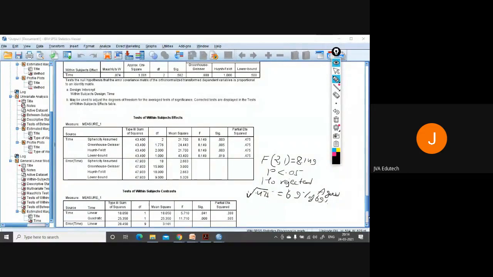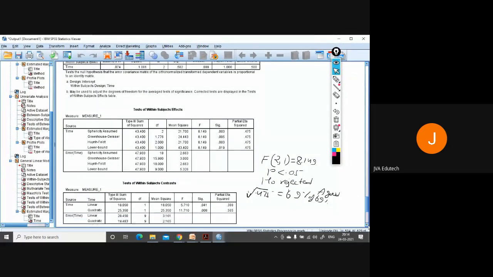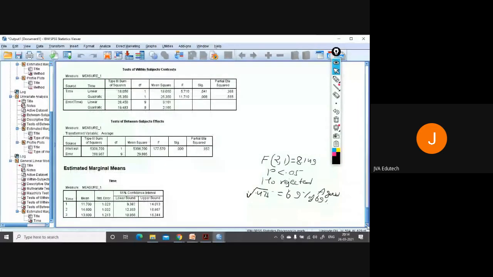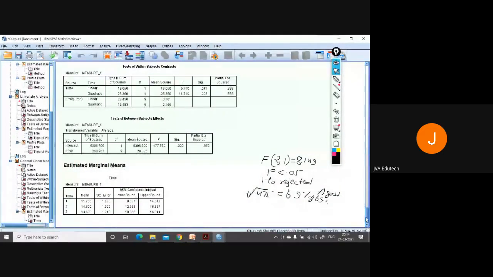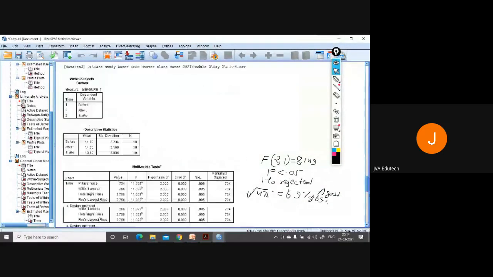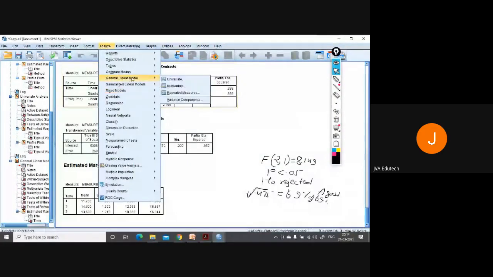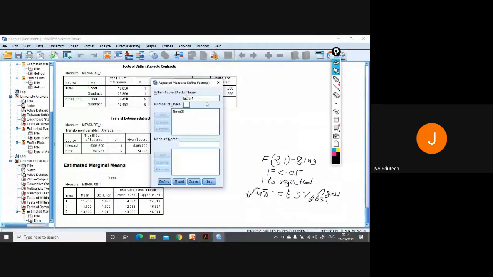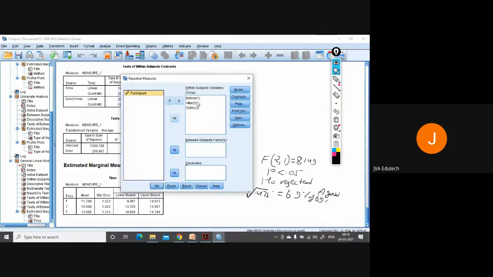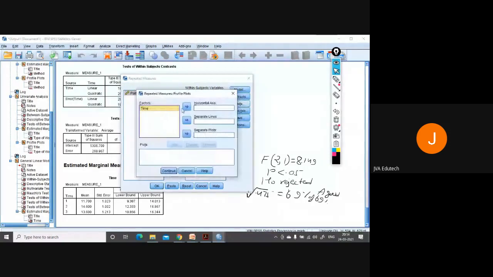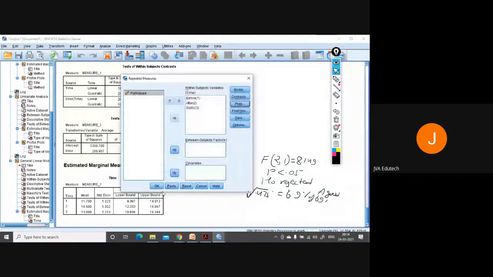And you can see from the profile plot also. Where is the profile plot? Okay. This we have defined already. Plots we haven't taken. Add, continue, okay.